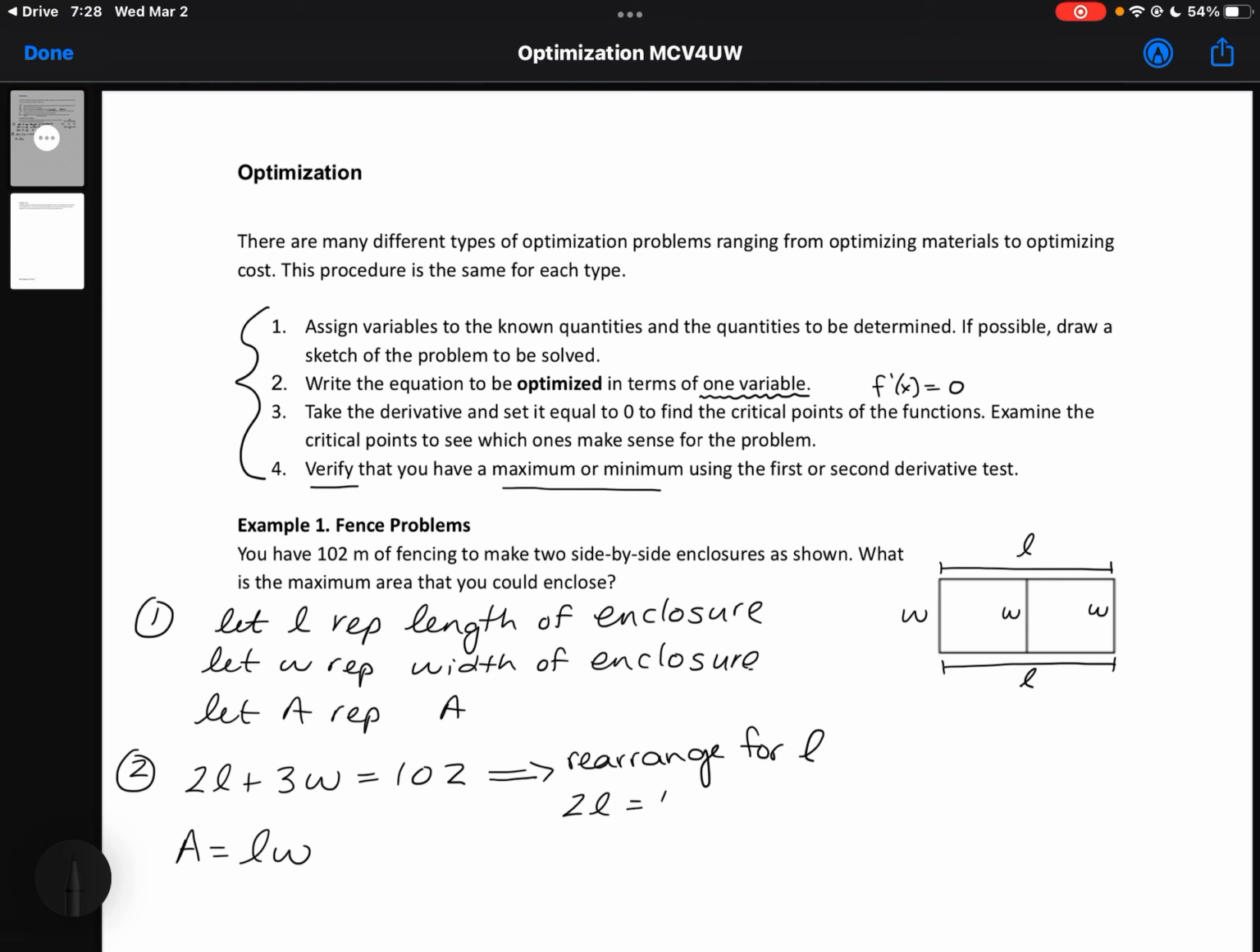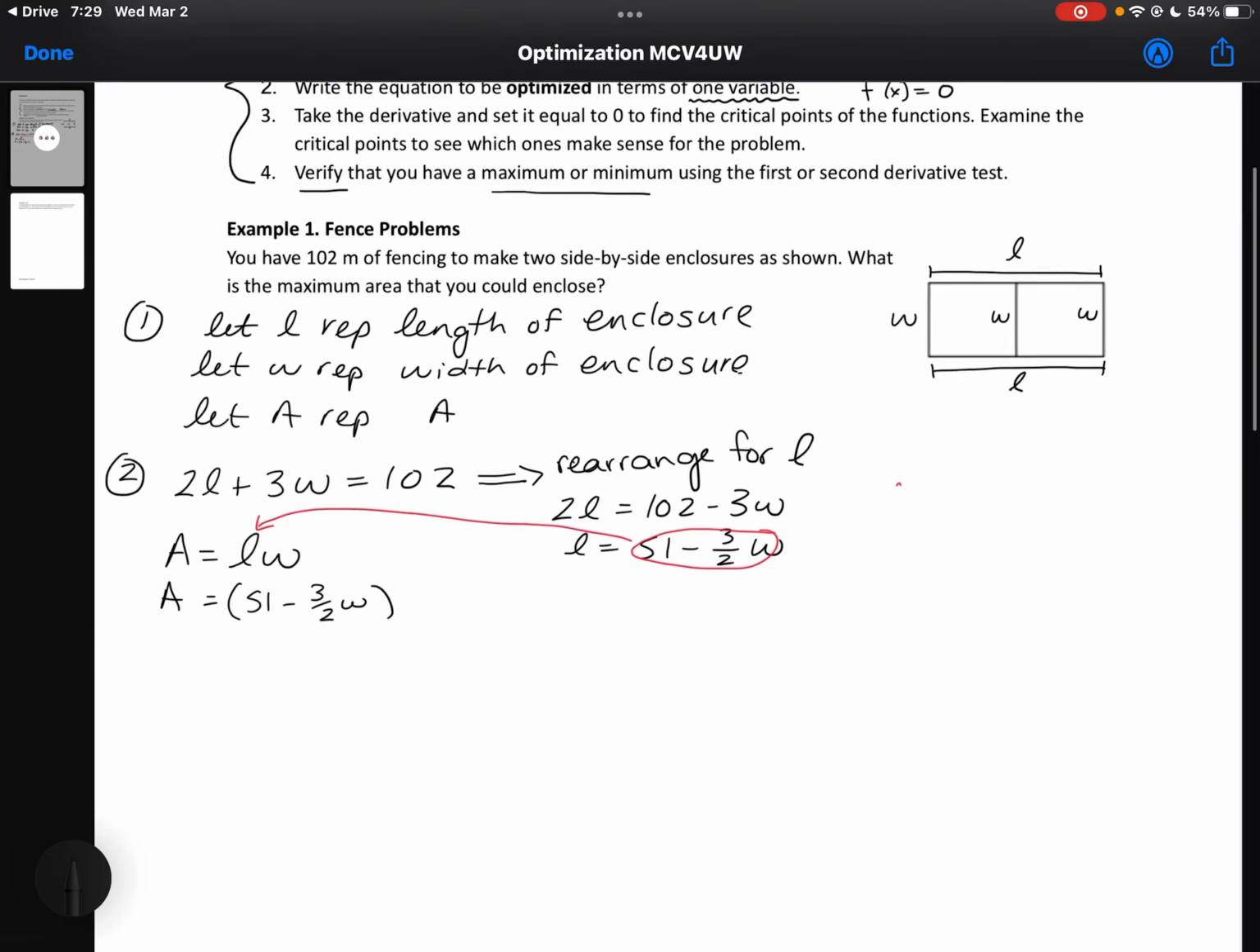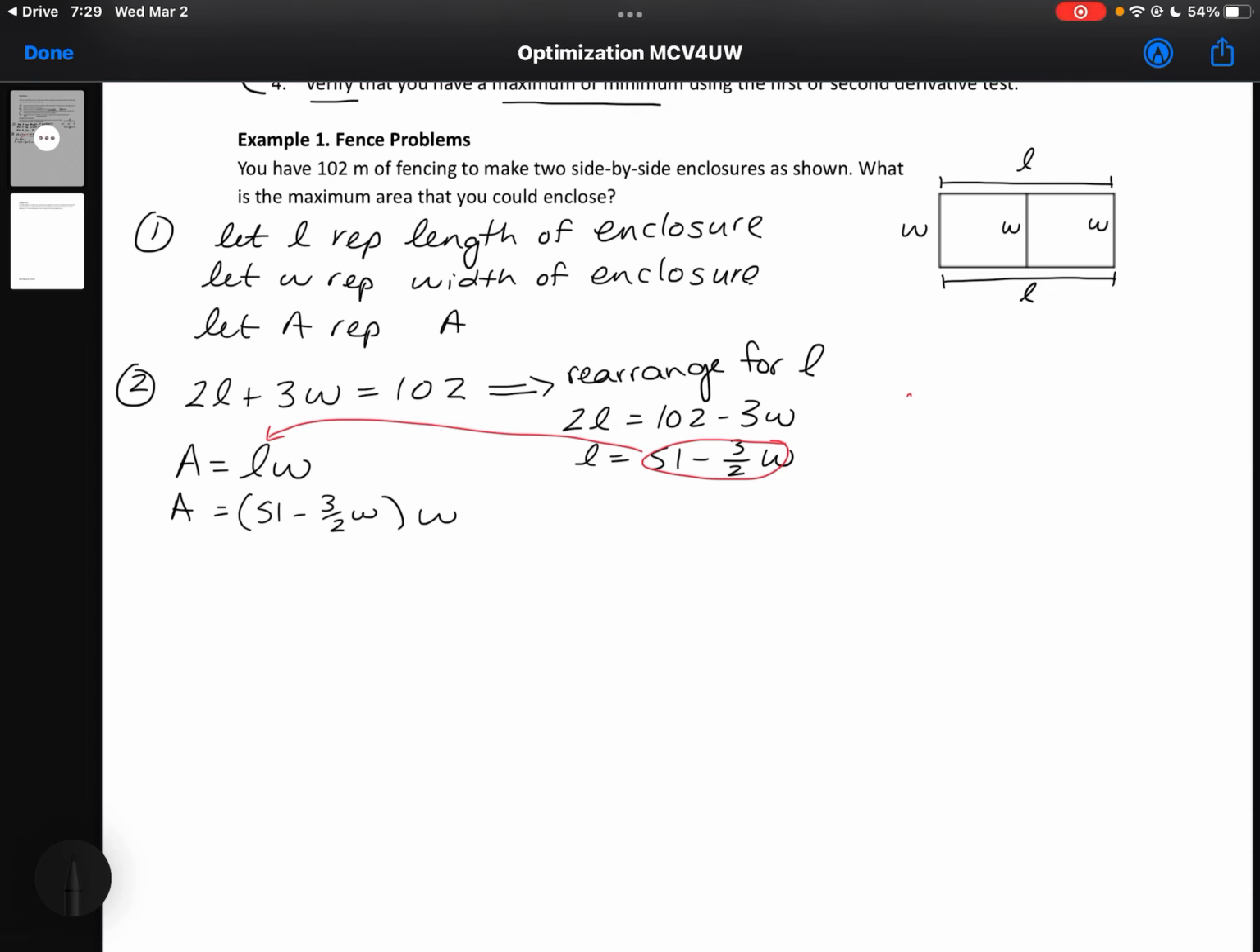So I get 2L equals 102 minus 3W. Dividing everything by 2 gives me L equals 51 minus 3 over 2 W. Then what I can do is take this expression for L, substitute it into my area equation to get the equation that I'm trying to optimize, all in terms of one variable, in terms of W. So when I expand that, now I've got 51W minus 3 over 2 W squared,